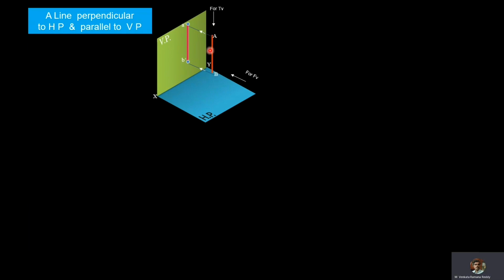Now we'll draw the top view. Here A is visible, B is invisible. Invisible points are kept under brackets.